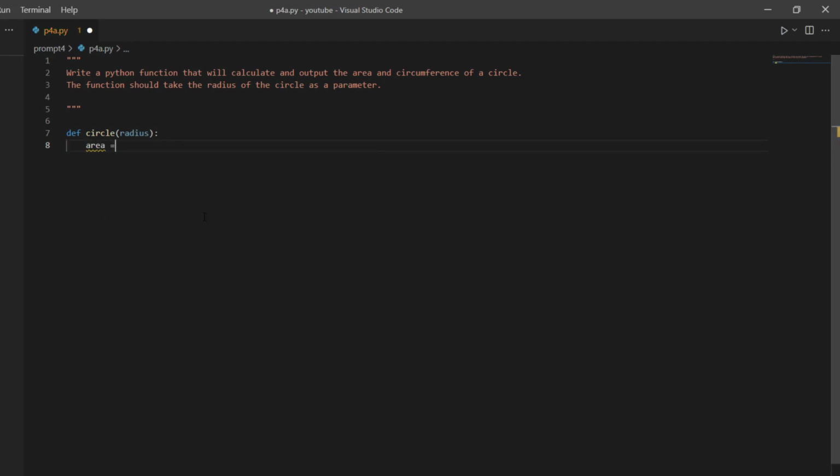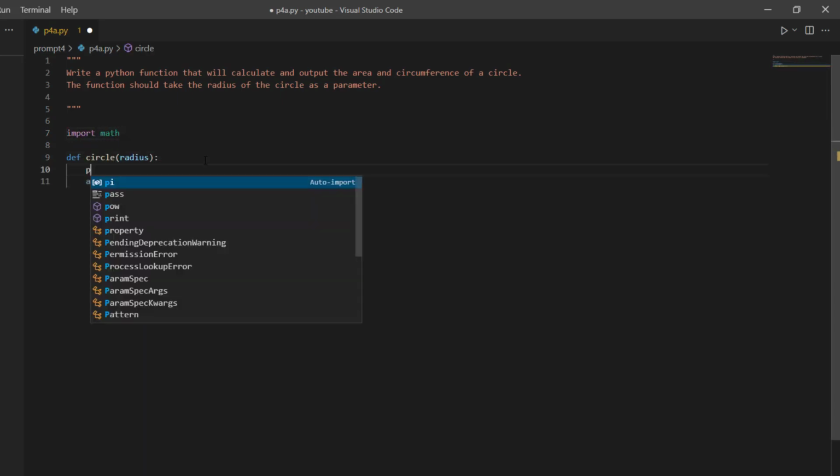Alright, so first let's calculate the area. The formula for that is pi times radius to the power of 2. And to do power in Python, it's simply 2 asterisks. But as you can see, I haven't defined pi yet. Python doesn't know what pi is simply by typing pi. So to solve that, Python has a math module that I can import. So I say import math,